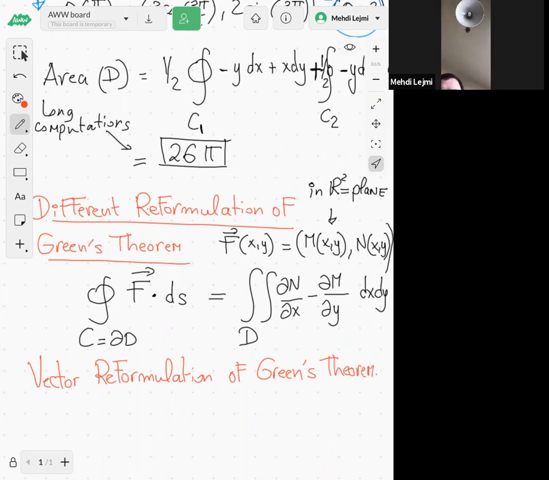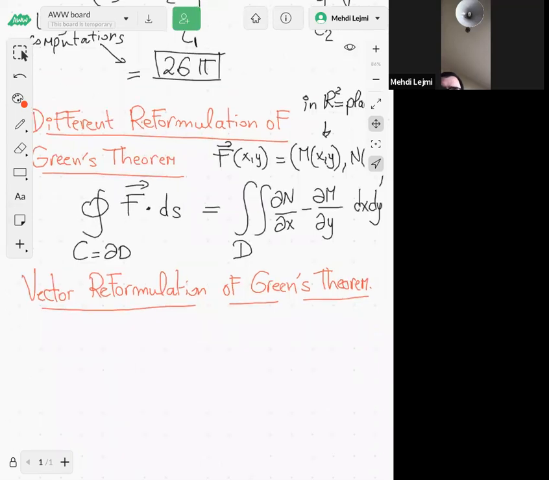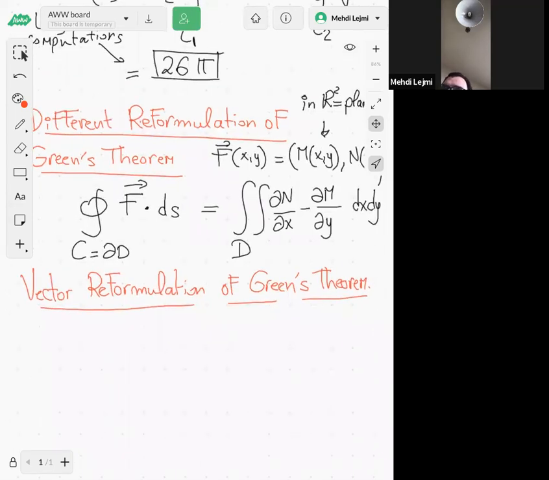Now, if we are in space, of course, then your vector field F would have three components, right? I mean, in the plane, we have two components; vectors have two components. Now, if we are in space,